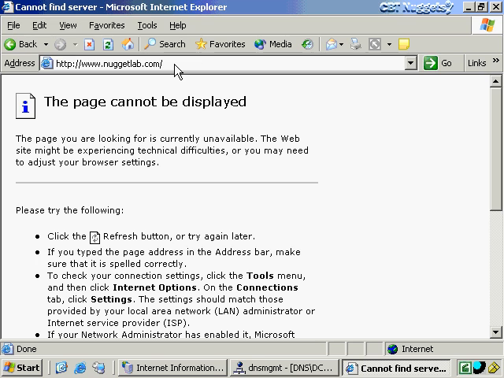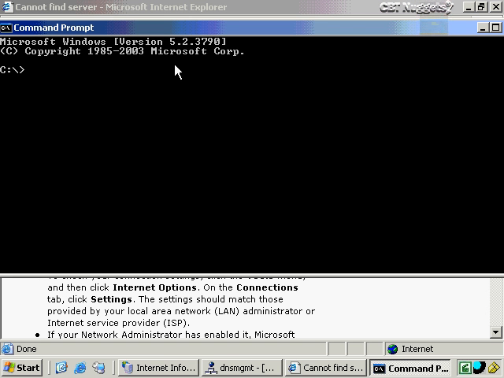So what's the problem? Well, you see, in this case, it's because the client side has not yet cleared the cache. Since this client remembers that it was not able to successfully resolve www.nuggetlab.com in the past, it does what's called negative caching, and it memorizes the fact that it can't do that. That means that it will preserve and save time the next time it tries to access that same site and says, hey, we couldn't find it last time, why bother the DNS server this time? Well, you can clear all that out by doing ipconfig